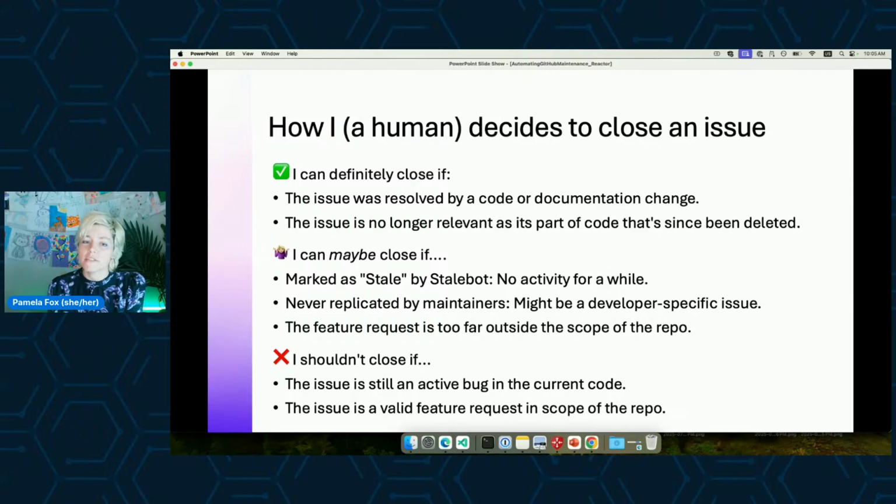That's just one signal that maybe it can be closed, but we don't know for sure unless we really look at it and see, is this still a valid open issue, right? If it's some issue that was very environment specific, we've never replicated, well, there's not much we can do about it. And then some things are feature requests that are just too far outside the scope of a